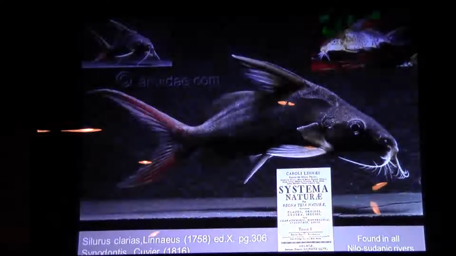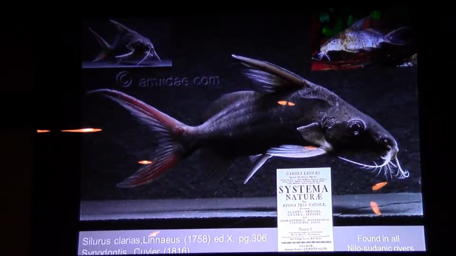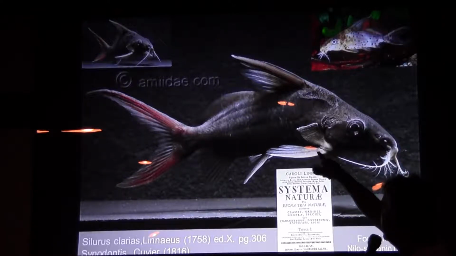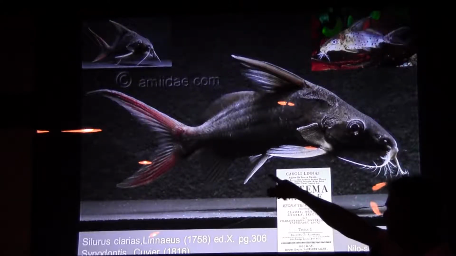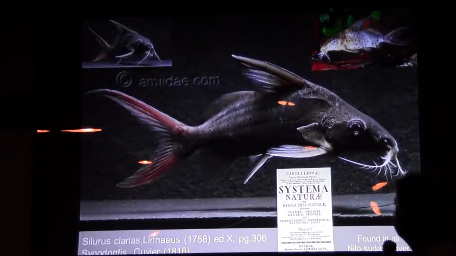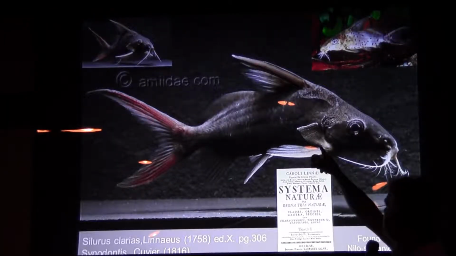They have a very specific shape to them up there. A lot of the Nilo-Sudanic Synodontis have this very high body, kind of pointed snout, very deep forked caudal fin on them, and usually a big wide